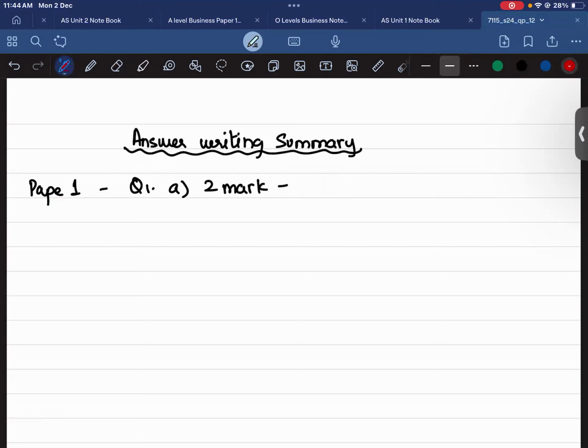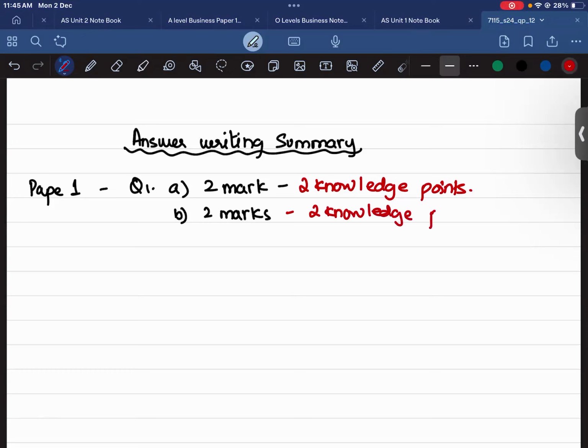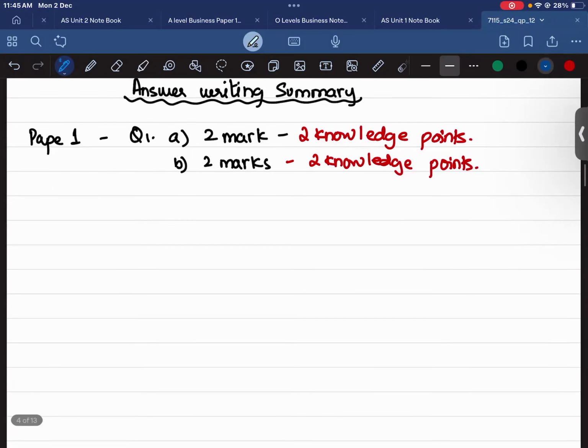We're going to write 2 knowledge points. B part again is 2 marks. So again, you have to write 2 knowledge points. C part,